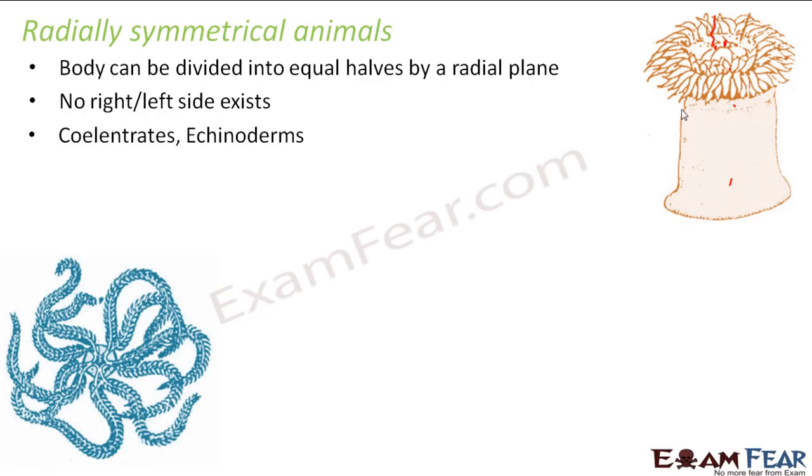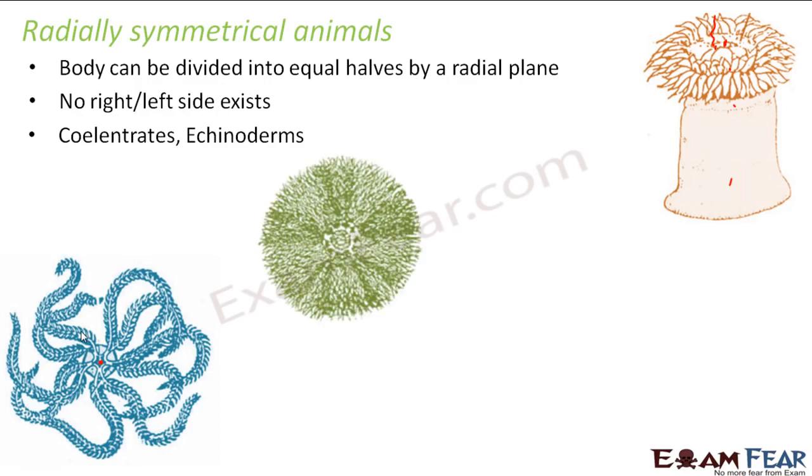Similarly, if you take the example of echinoderms, which is a feather star. See, if you have an axis through the center, it is like you imagine a sphere. If you divide the sphere from the center, what happens? There is no right or left, because all the sides are exactly identical, right? But at the same time, all the halves are equal as well. So that is known as a radial plane. Mostly those animals which have a shape similar to a sphere. Wherever you have this spherical or cylindrical kind of shape, you tend to have radial symmetry there.